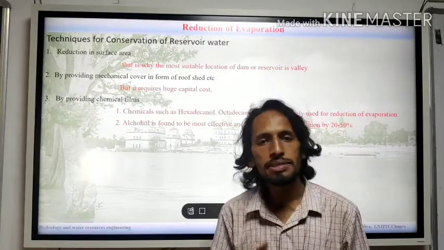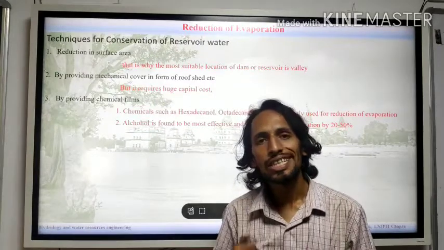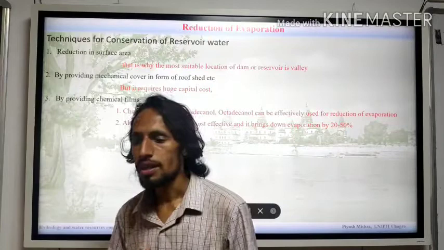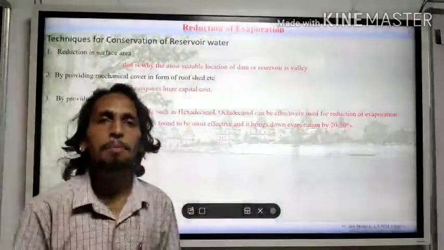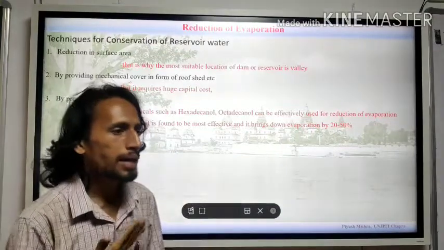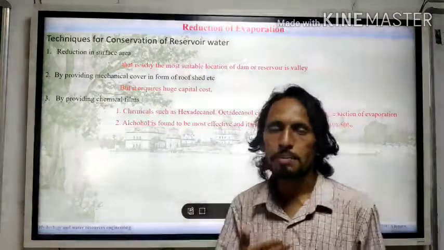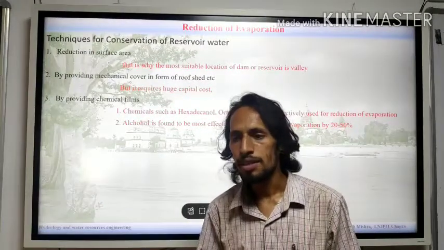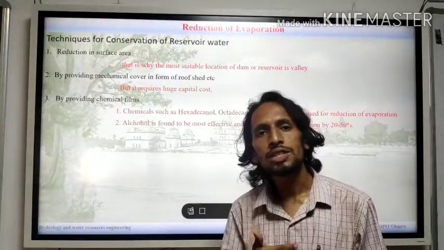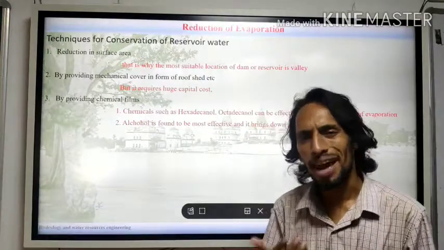Now, if somebody is interested in how you could reduce the evaporation in a lake, क्योंकि आपके लेक में पानी हमेशा बना रहे यही सबसे इम्पोर्टेंट है. आपने अगर डैम बनाया और डैम खाली हो जाता है तो वो अपना पर्पस को सर्व नहीं करेगा. तो यू मस्ट ऑल्सो ट्राई टू reduce this evaporation losses. Okay, so what can be various methods?